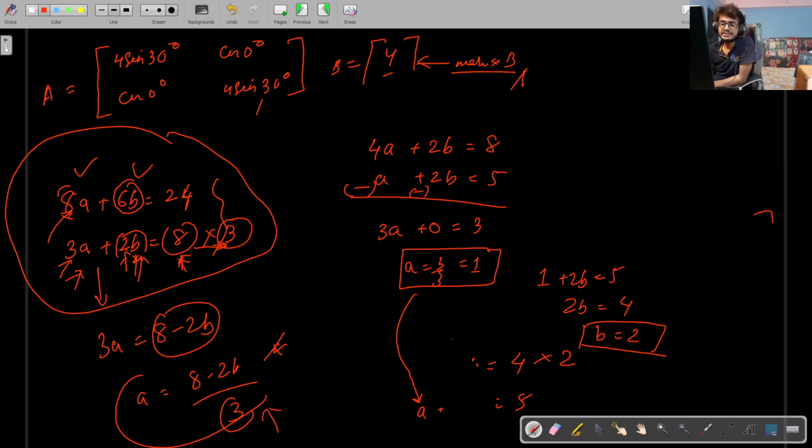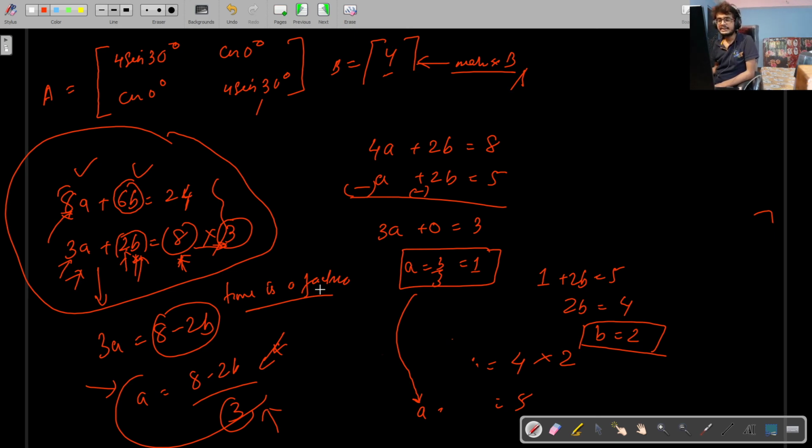If you find it easier to solve it the other way, then you can do it that way, no problem at all. You'll get the same answer, but you'll get 3 in the denominator. You have to take the LCM and all those things. It'll be tough. And when time is a factor, you have to always try to find methods which will save at least 5 to 10 seconds. If 5 to 10 seconds can be saved per question, you can save a lot of time for your examination.